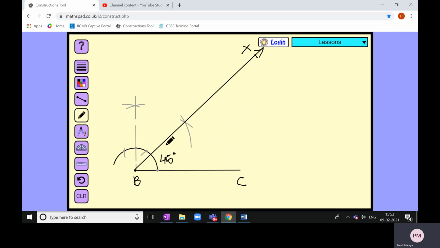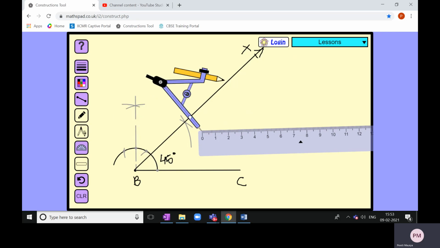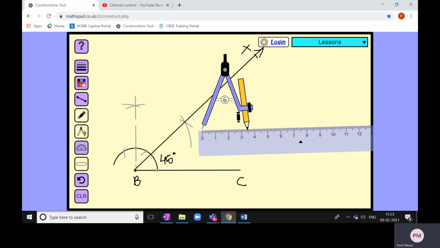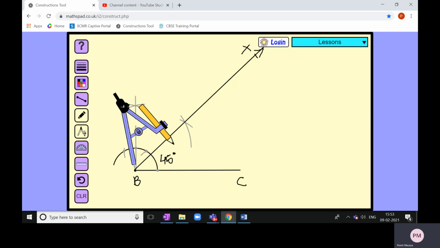Now look at the difference. I want the difference of the two sides to be 3.5. So with your compass, take the radius of 3.5. We'll keep the compass on the scale. Take the radius of 3.5, and children, with this radius, we will keep the compass needle at point B, the vertex B, and we will draw an arc to cut the arm BX. Now this point will give me point P. This is our point P.